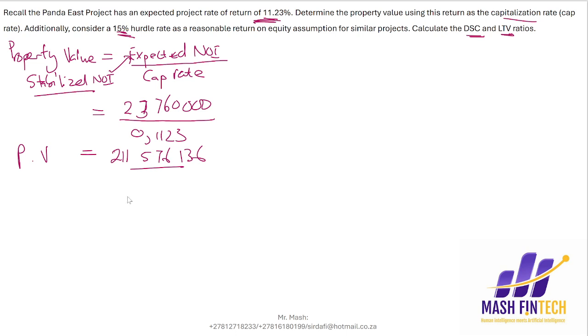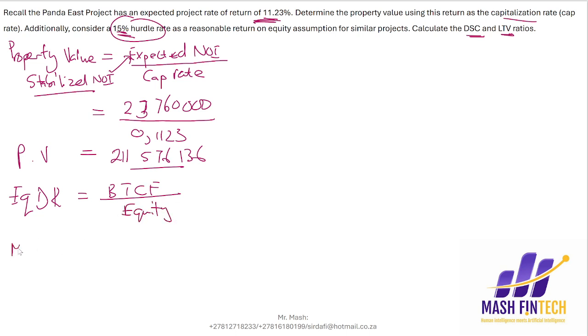And then we are also told that this 15% hurdle rate is a reasonable return on the equity assumption for similar projects. We're going to use this 15% as a reasonable return. So we consider this to be the equity dividend rate, since it's a reasonable return for similar projects. The equity dividend rate formula, remember we said this is given by before tax cash flows divided by the value of equity,